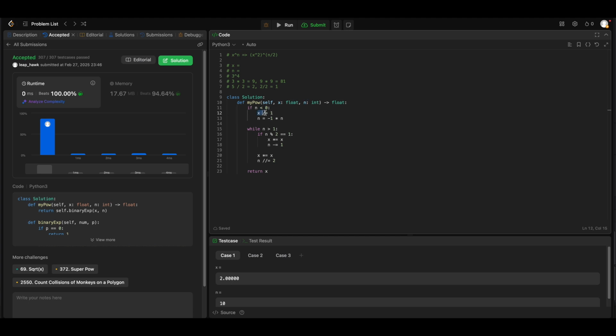So I'm basically converting the x, which is the base, to a decimal point number, a float basically, and then I'm converting my power to a positive value. Fine. So until my n is greater than 1, I'm going to my loop. If my number is odd, then I'm updating my number to its square, and then